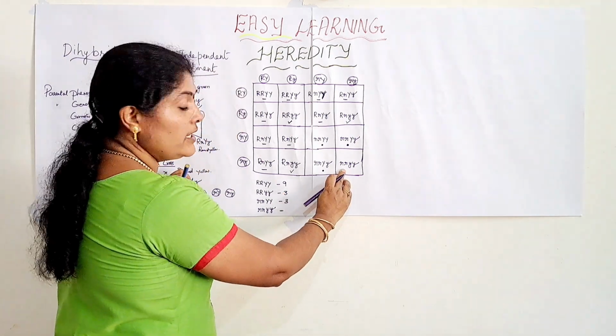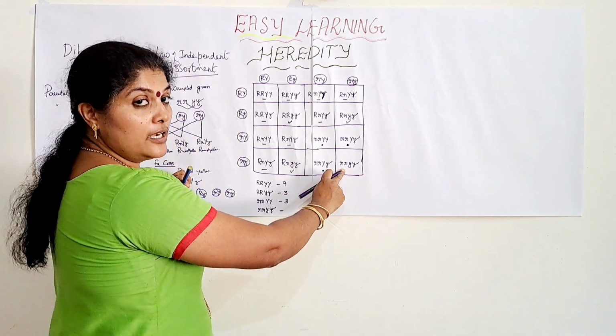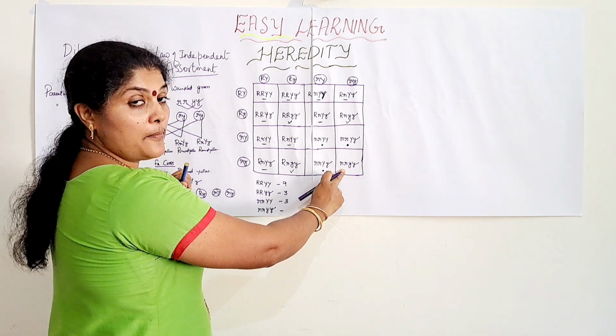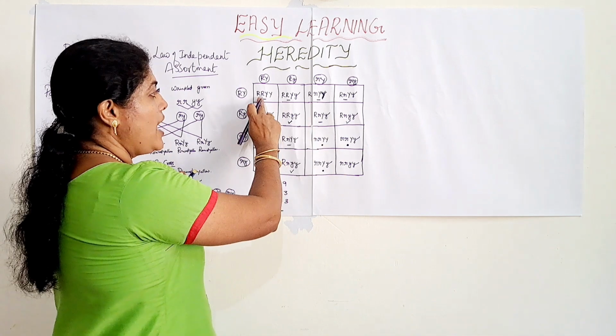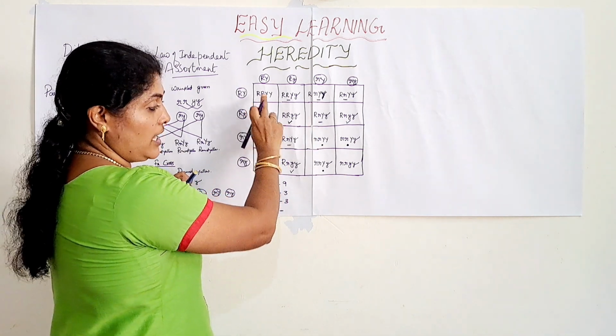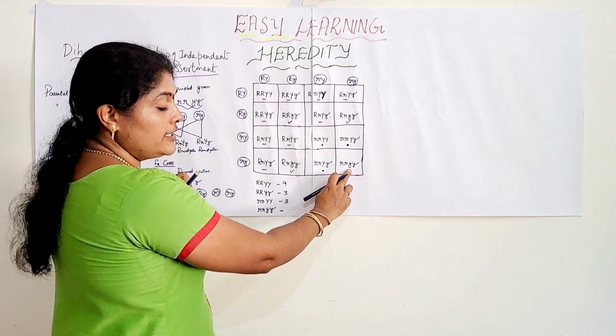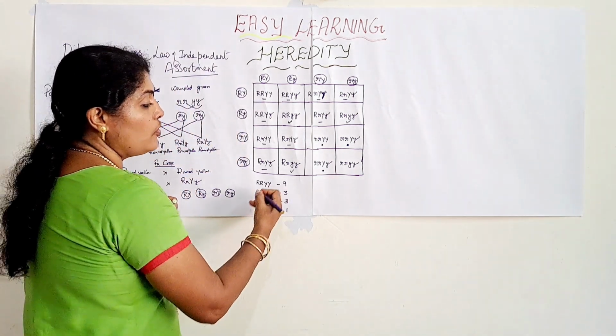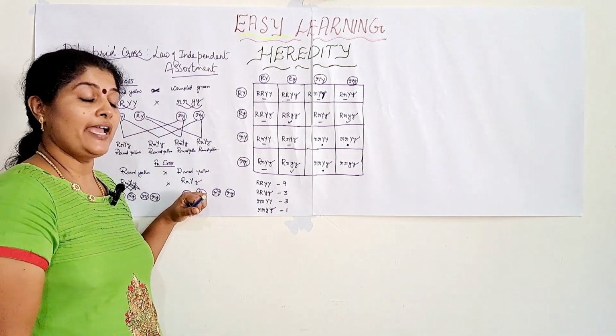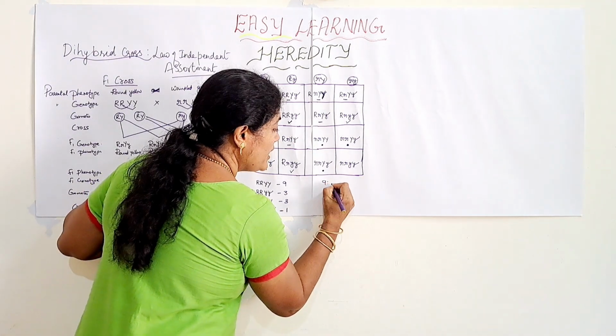And the last one, that is wrinkled green. That is the parent type, isn't it? Parent phenotype, it is wrinkled green, and round yellow is also the parent phenotype. So here wrinkled green he got 1. So he formulated the ratio, the dihybrid ratio, that is